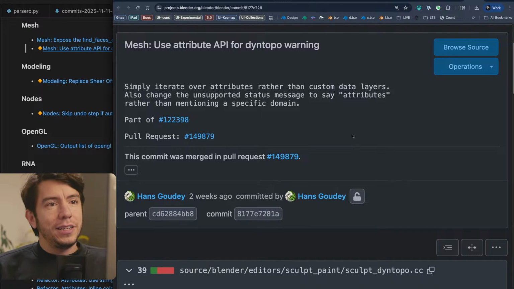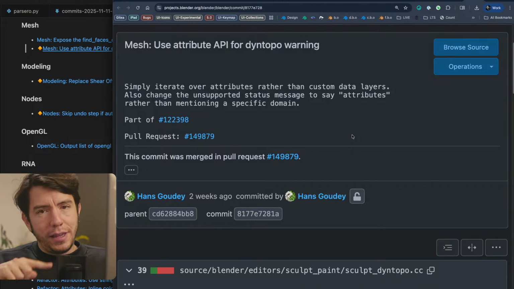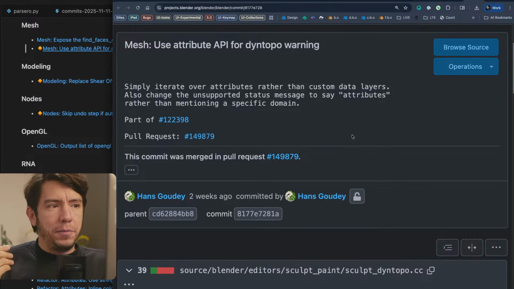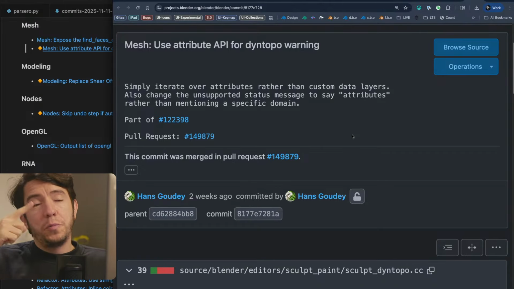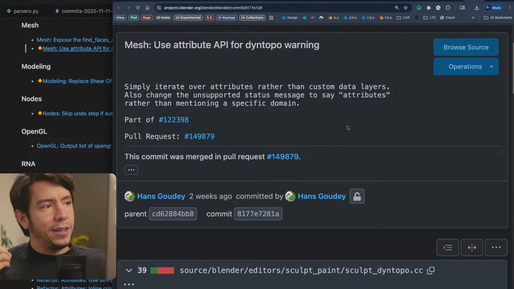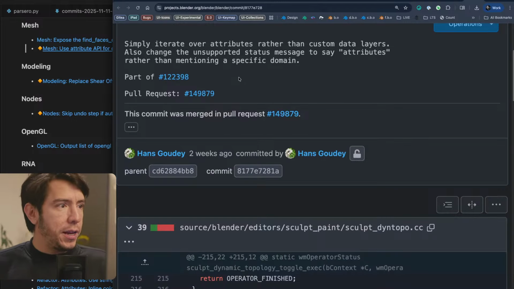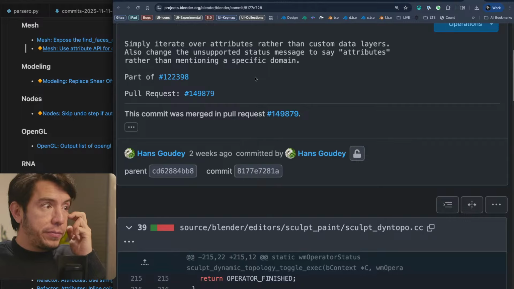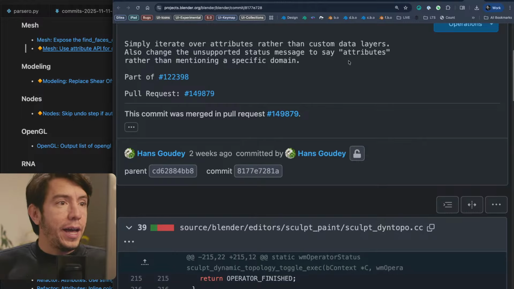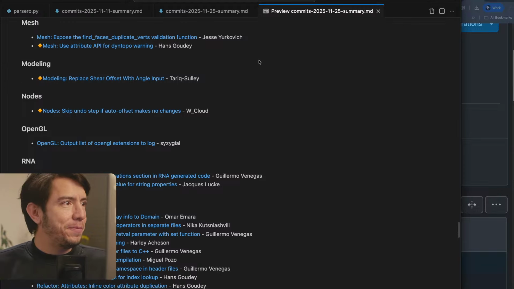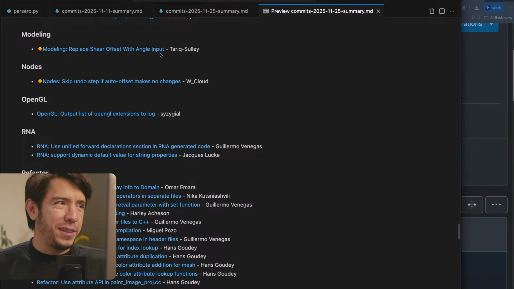Now Blender would actually loop through the attributes instead of just having a hard-coded set of internal attributes. Blender would just loop through them and tell you exactly which attributes are going to be removed with dynamic topology or not supported. So super nice. And now it mentions attributes instead of a specific, hard-coded type.